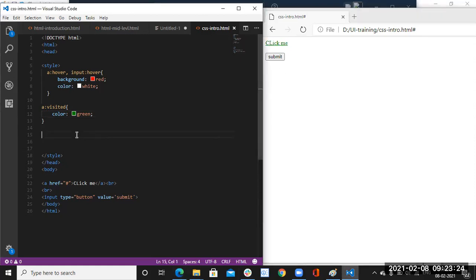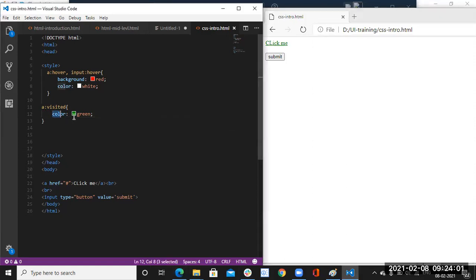Because it is already visited, I'm getting this, because I already clicked on this link. If you write it for the first time, before clicking on that link, you can check. Don't click the first time. You can write a:visited with color green, something you can apply, and then click on that.